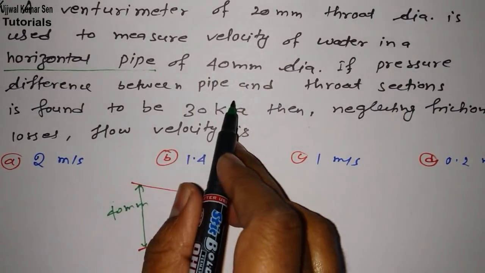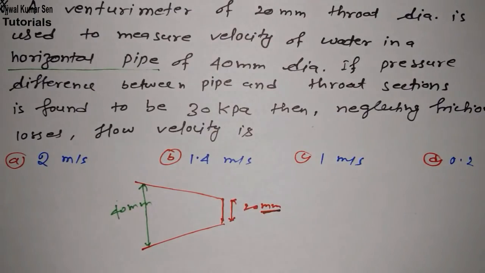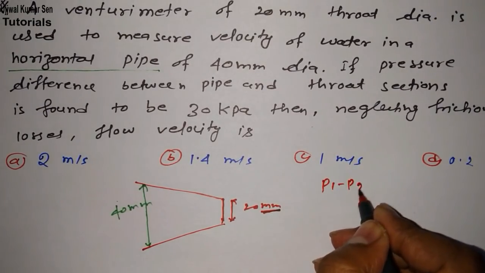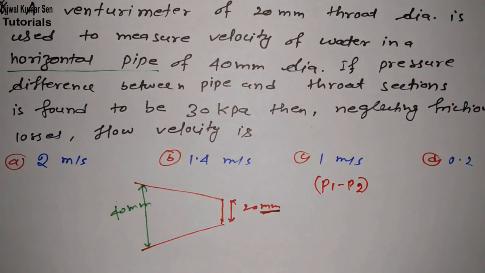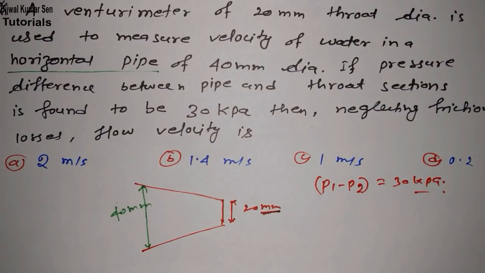If the pressure difference between the pipe and throat section is found to be this, so they are saying that the pressure difference between pipe and throat is this. So let's say P1 minus P2, P1 minus P2 is 30 kilopascal. Neglecting friction losses, that means head loss and all that, we have to neglect it here. And then we have to find out the flow velocity,